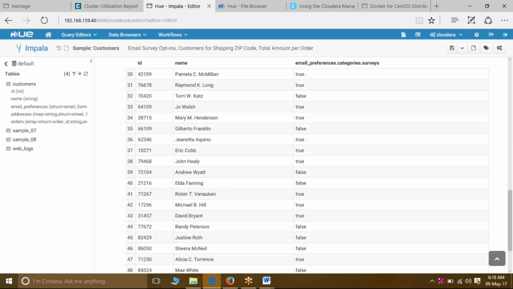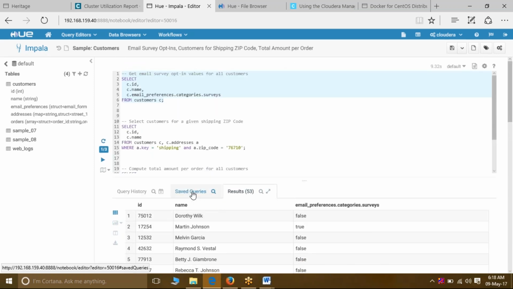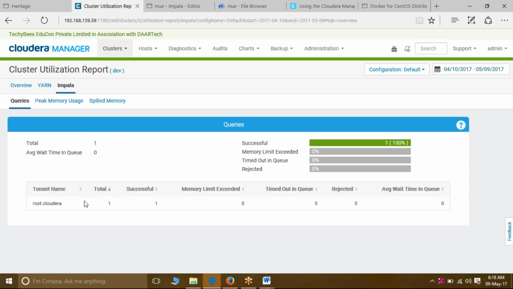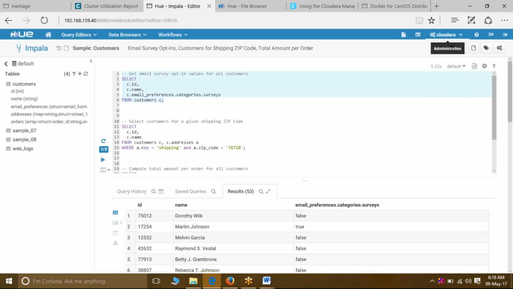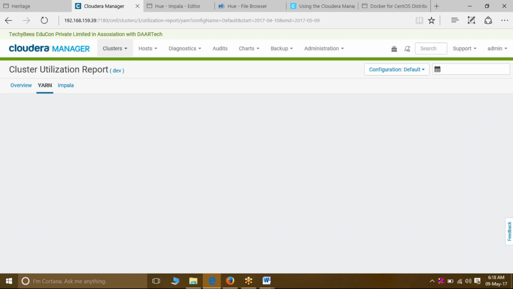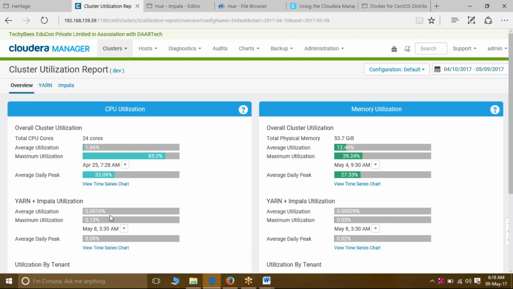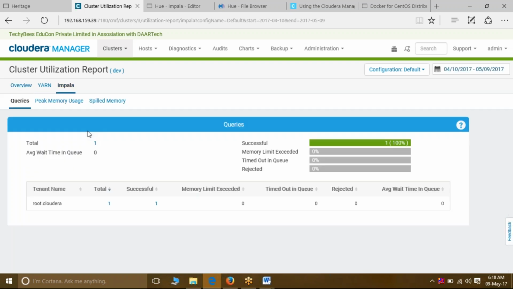You notice you got some output here. We'll see about this one. But we got some output here. What is that? Because I logged in with Cloudera. I think you remember that. And we have specifically both Yarn and Impala. In the cluster overview, if you see, we have both Yarn and Impala. But specifically when you see here,